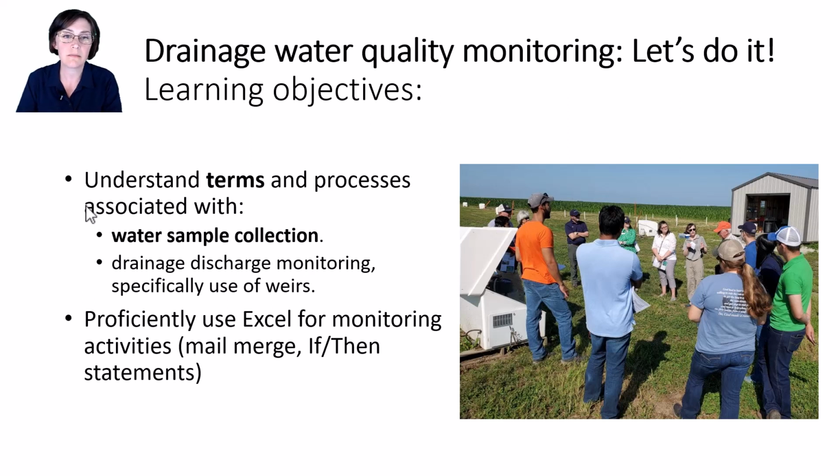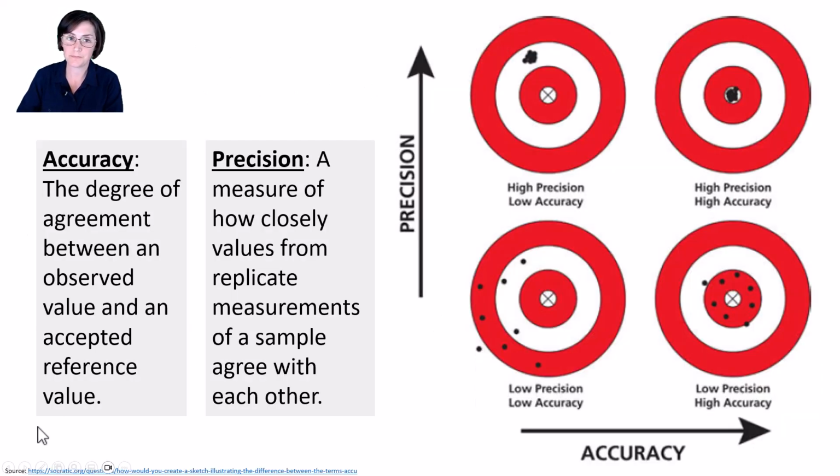Data quality is a recurring theme for this module, and in this lesson we'll discuss QA/QC terms and steps we take to reduce data uncertainty in lab analysis of our water samples. We covered these terms in the previous module, but it's fine to mention them again briefly because we want our data to be right, and so accuracy and precision matter.